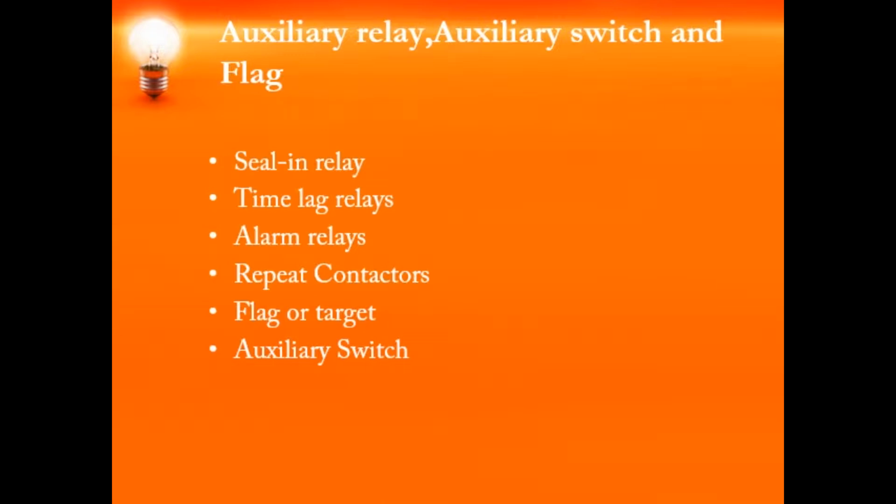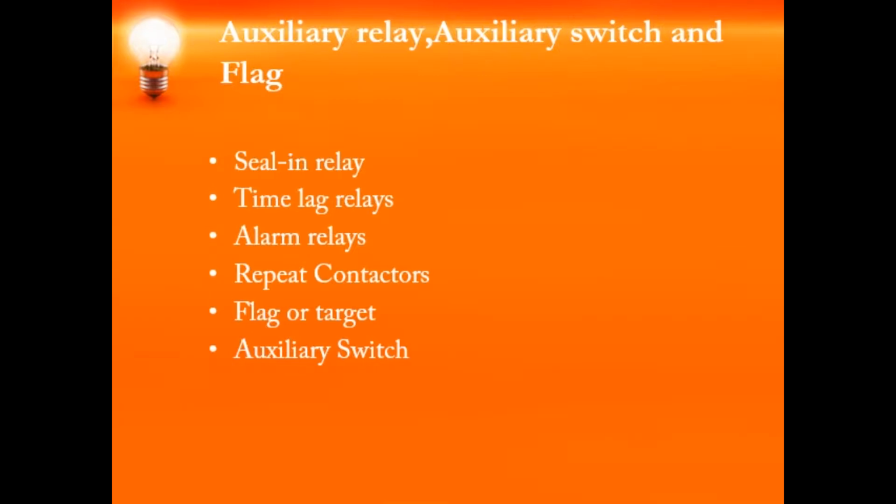A seal-in relay is nothing but an auxiliary relay which is used to protect the contacts of a protective relay. So once the protective relay closes its contacts, the seal-in relay will be energized. Its contacts bypass the contacts of the protective relay. It closes and seals the circuit while the tripping current flows. It also gives an indication by showing a flag. It is an instantaneous relay which operates on the attracted armature principle.